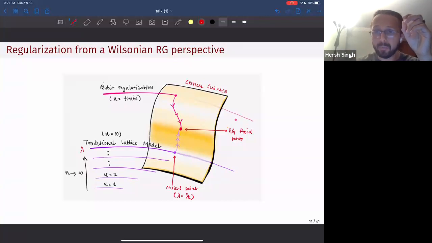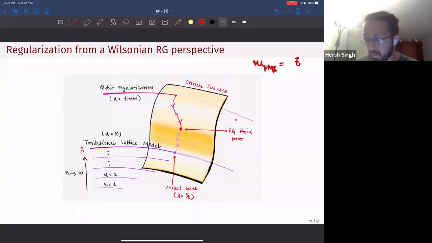even though the continuum theory has a mass cap, the lattice theory in lattice units must be critical. And you can think of it in just this way. So let me write it. If you have some physical mass, right? Physical mass is given by the correlation length in lattice units. No, sorry, 1 over that. 1 over A, where A is the lattice spacing, and then the correlation length in lattice units, right?